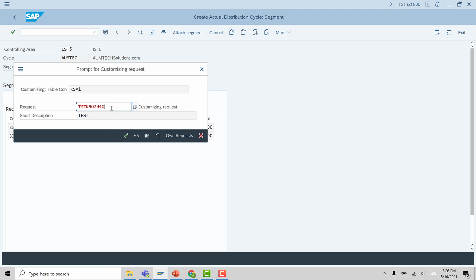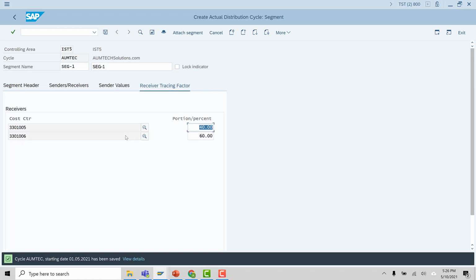All development is done in your development environment, and from there the transport is moved to the quality environment. There you do the testing to check that whatever configuration you have done is working correctly. So no configuration has to be done in your testing environment, right?